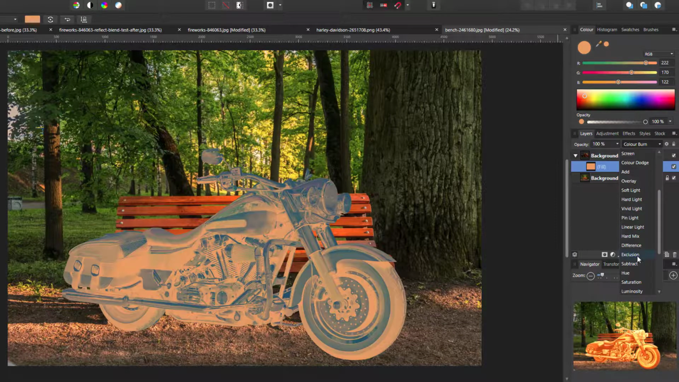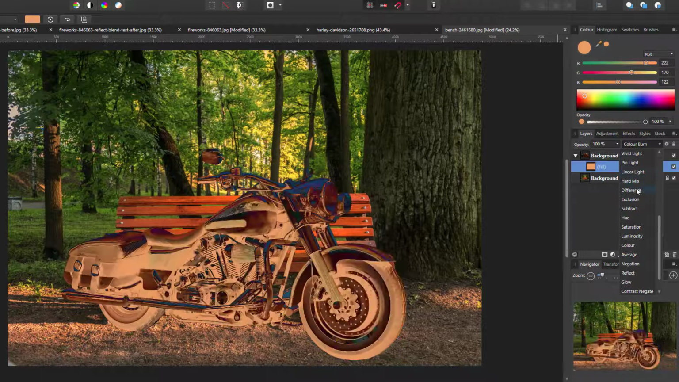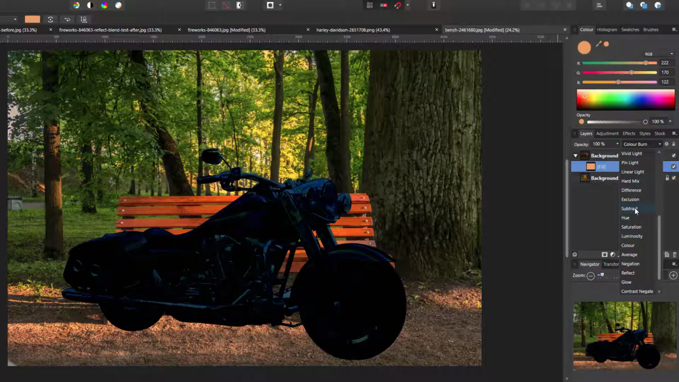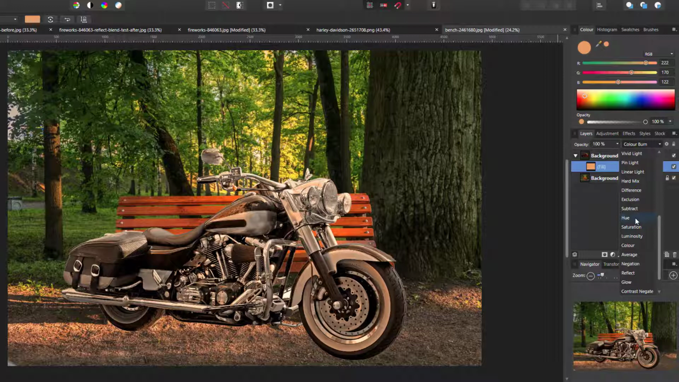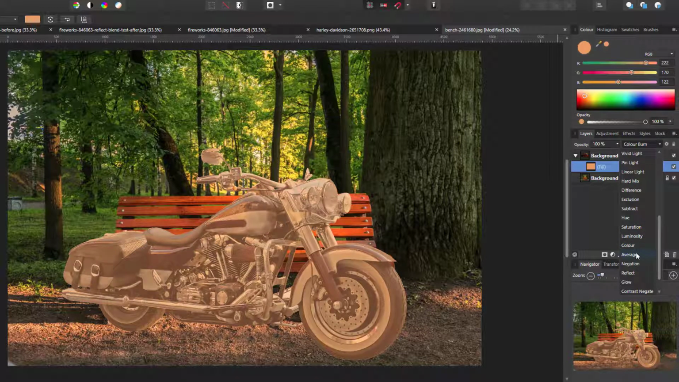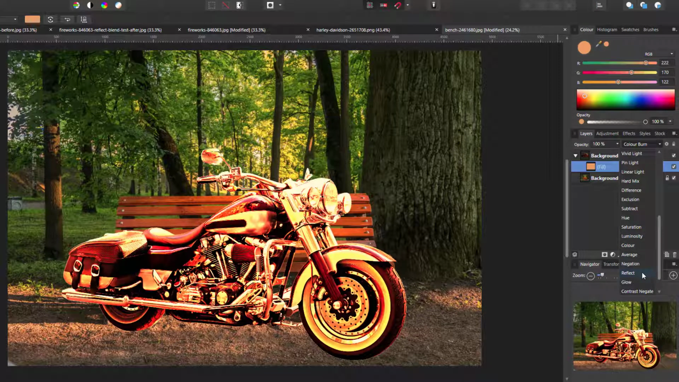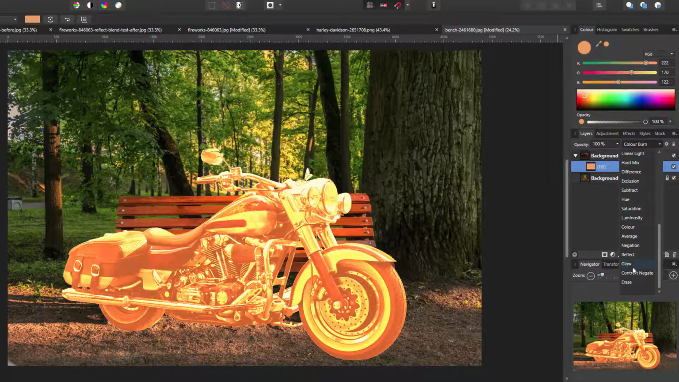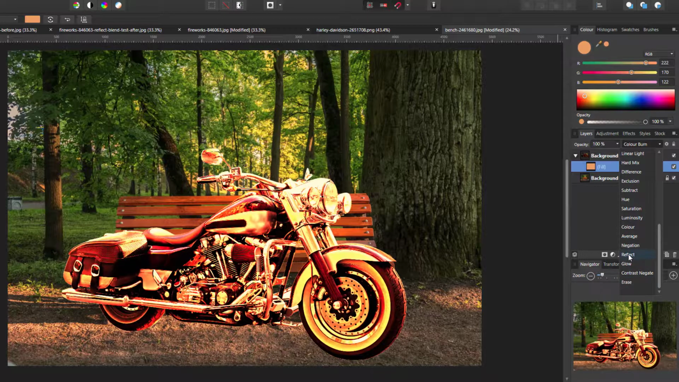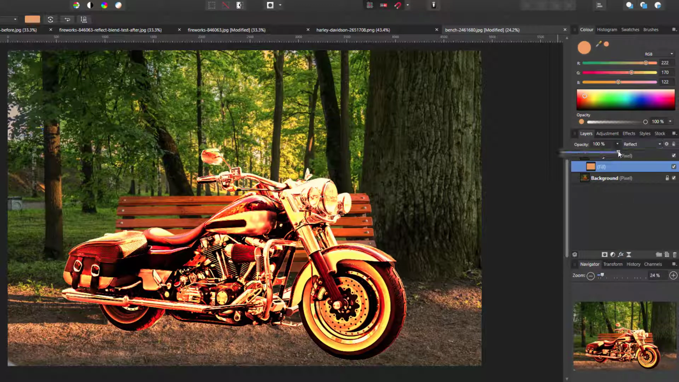What have we got here? I mean, obviously some of these will not work at all. Saturation, maybe. See, reflecting the daytime image probably doesn't work so well. Glow, where are we? Last ones, I think. Erase. Let's just go back to reflect, for example, and I'll just lower down that opacity,